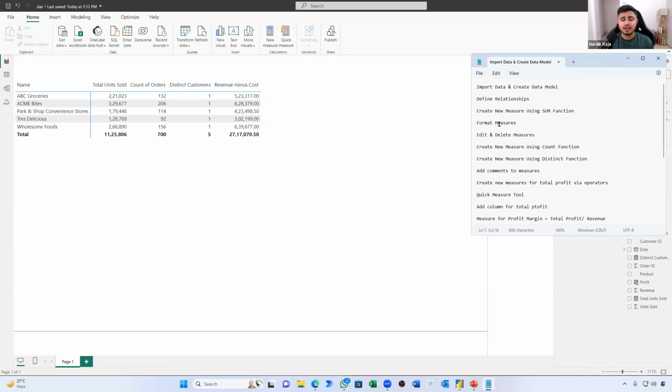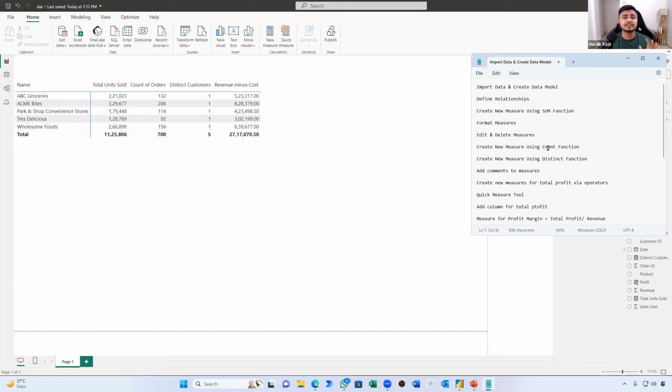Then how to format a DAX measure, how to edit it, how to delete it, and how to create a new measure using formulas. If you're an advanced Excel expert who is not using Power BI, and I have to explain Power BI in one single statement, Power BI is nothing but Excel on steroids. It is capable of doing things which are not at all possible in Excel. We saw some Excel-like functions to show that DAX is not complex or just for coders. A layman, a person from a non-IT or finance background who has nothing to do with coding, can use DAX very easily.